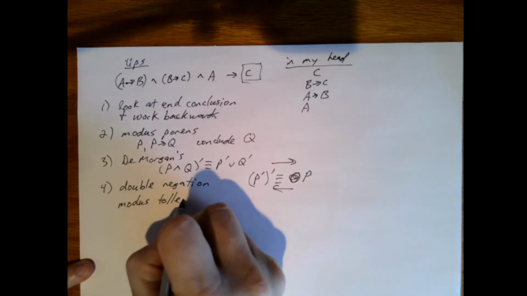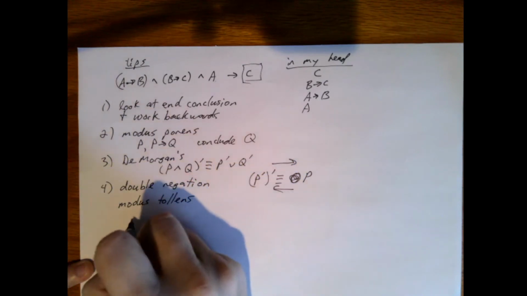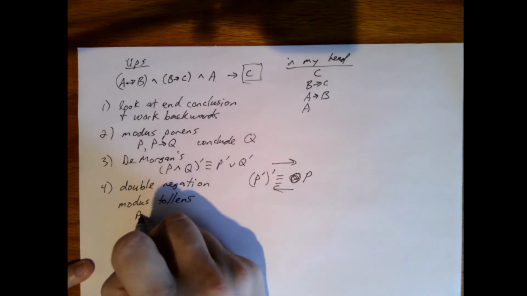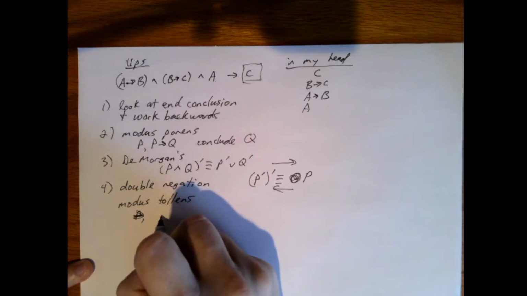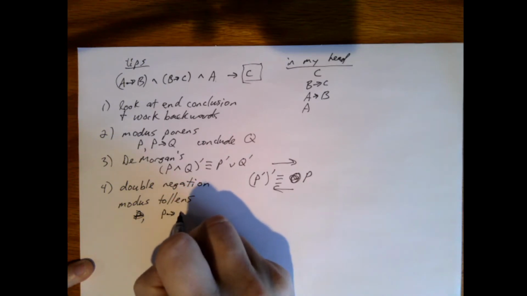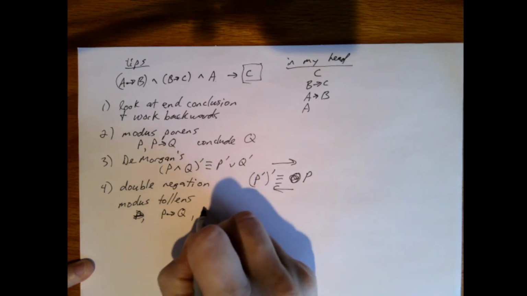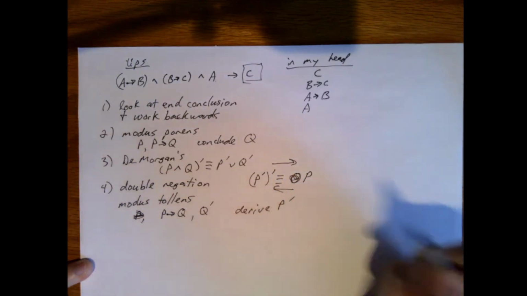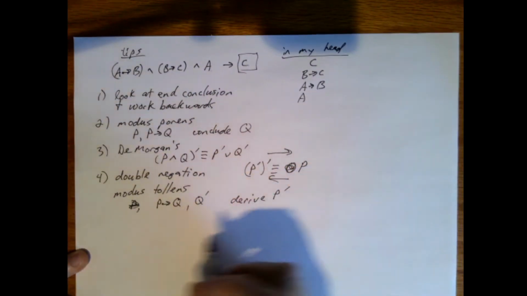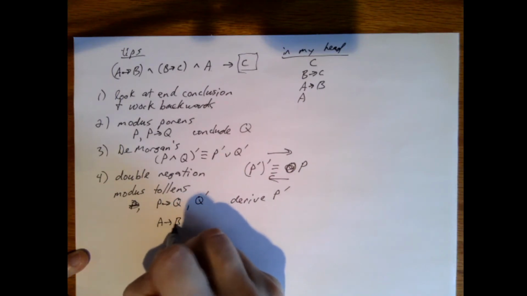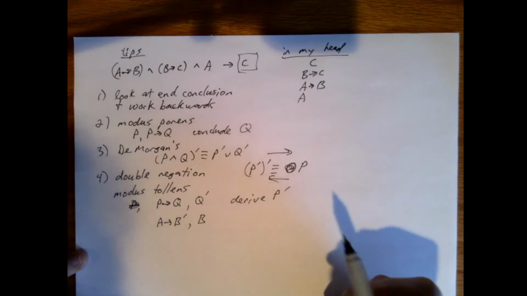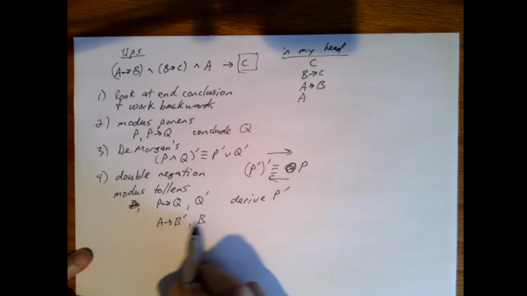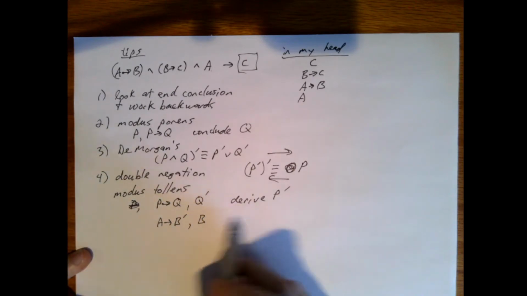Or Tollens, excuse me. Right? And that says given P, that P implies Q, and given not Q, then from this I can derive not P. And maybe what you have instead is this: A implies not B, and B. Well, this really is just about taking whatever you have here and the negative of that, which is what I have here, and getting the negative of this. So I should be able to derive